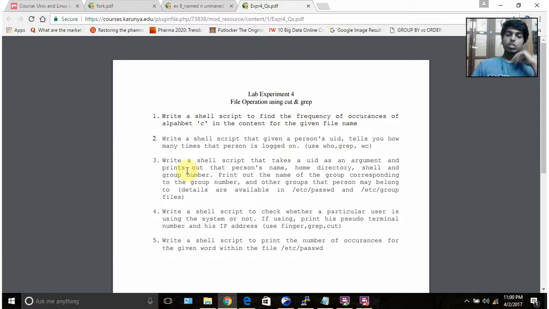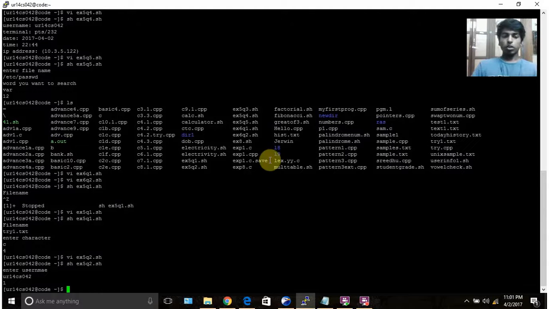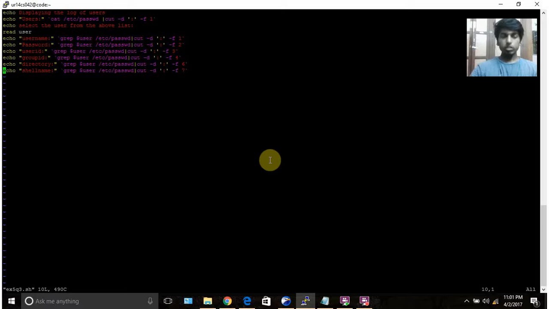The third question is to write a shell script that takes the UID as an argument and prints out that person's name, home directory, shell, and group number. It also prints out the name of the group corresponding to the group number and the other groups that a person may belong to. So let's see the code. This is my program for that question, and here I have first